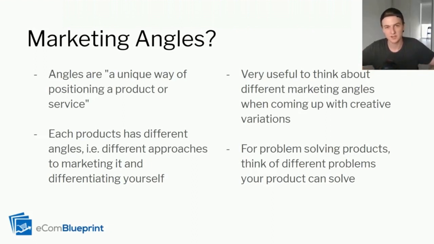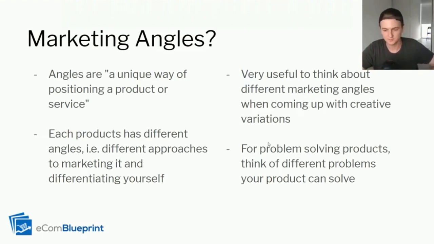And then once we find an angle that works, you want to scale it as fast as possible before someone copies you. And so each product has different angles, different approaches to marketing it, and to differentiating yourself from the rest of the competitors. And so when you're coming up with different creative variations, coming up with different marketing angles helps a lot. Thinking about what the main angle is going to be for different creatives helps you come up with different